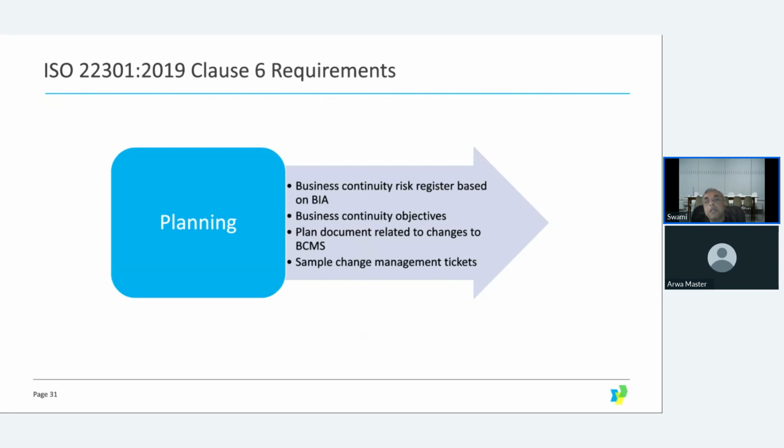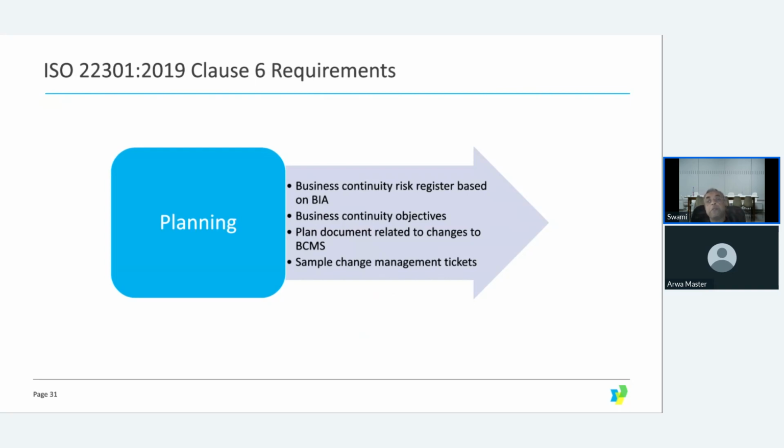Now, business continuity objectives you have to prepare, and you have to match these objectives with your business objectives. Plan documents related to changes to the business continuity management system need to be prepared and maintained, and also sample change management tickets. What was implemented to implement those changes that you have planned in the plan document? So these are all the important requirements that you have to take care of as part of implementing the planning